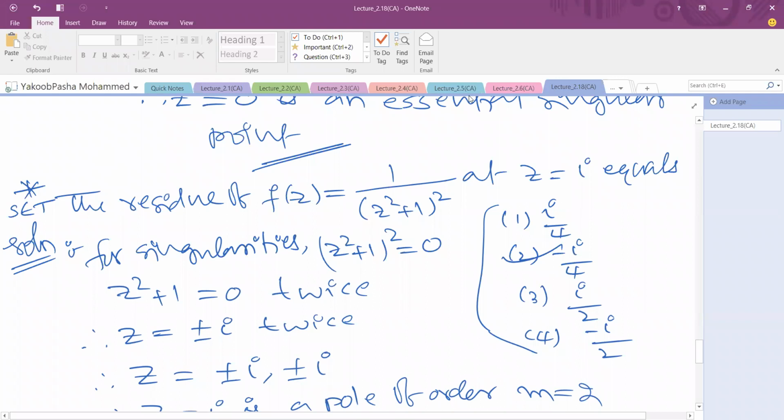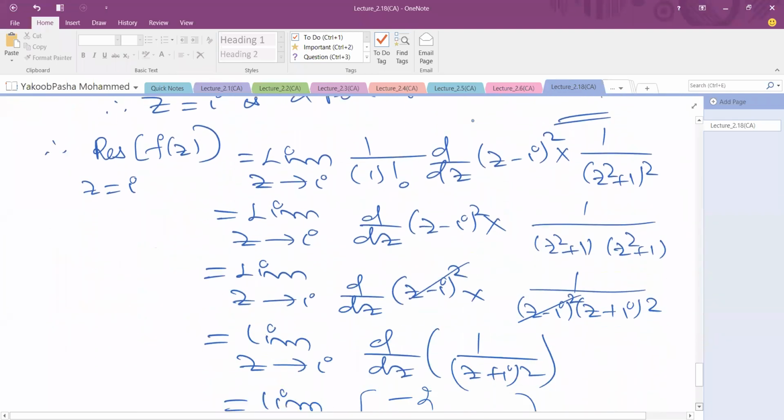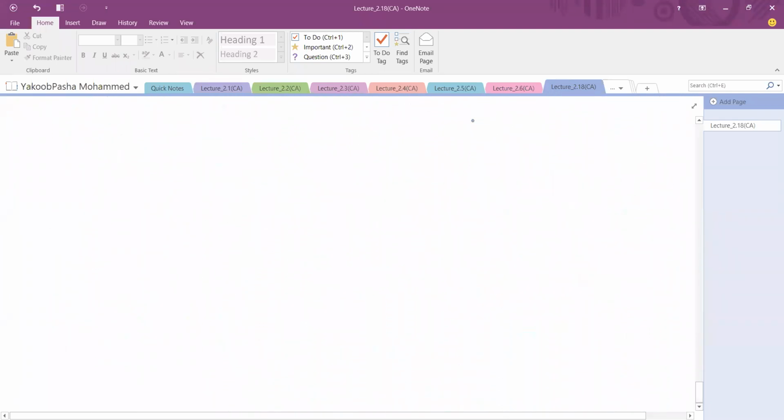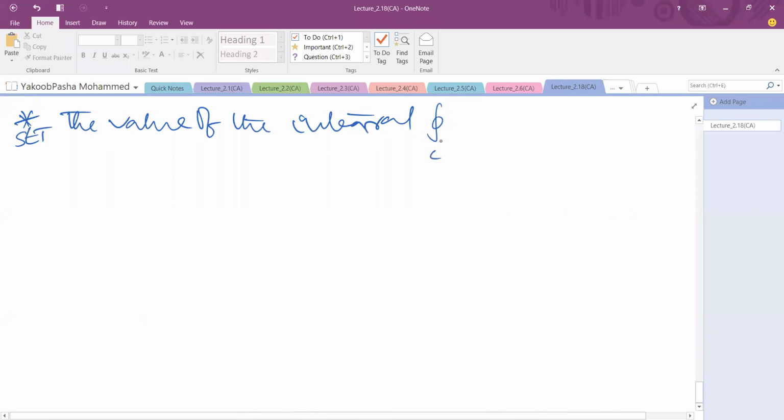Okay. Now I am taking another problem. The value of the integral over C of (z square plus 1) divided by (z square minus 1) into dz,